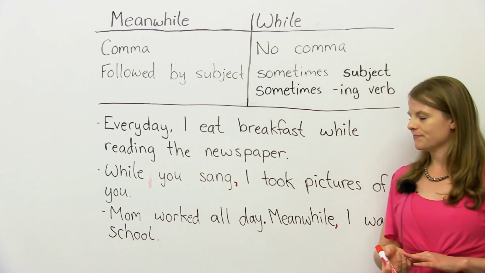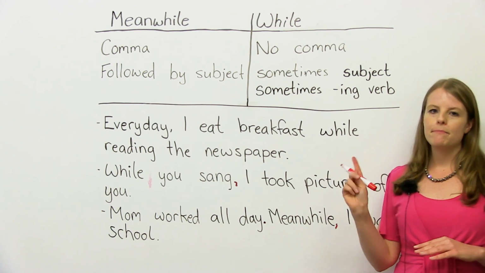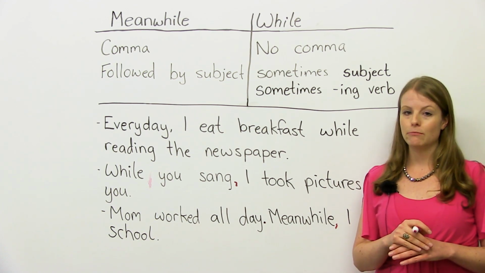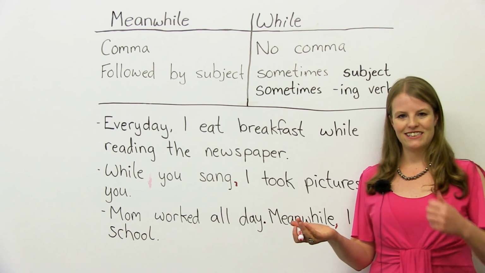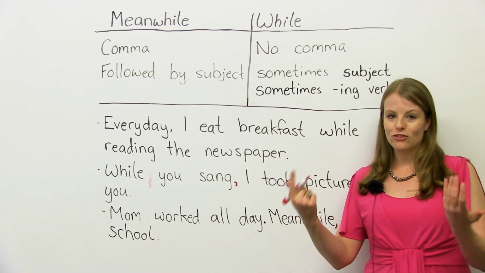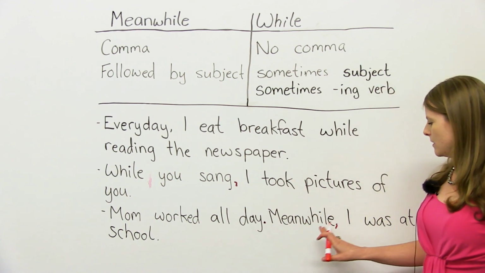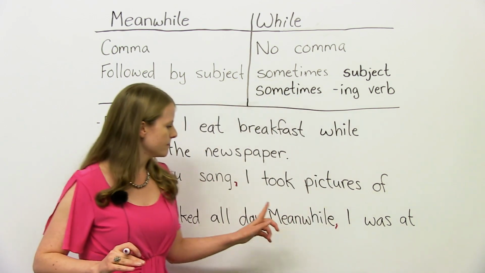There's no comma there. Okay. What is another difference? Well, meanwhile is followed by a subject. What's a subject? I, you, she, he, they, we, the dog, the cat. These are all subjects. So if we look at meanwhile,